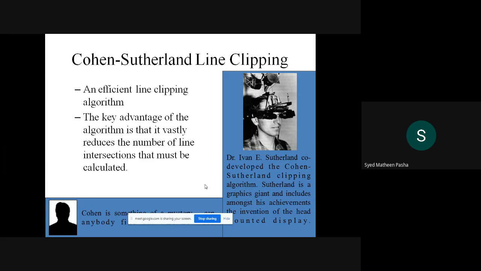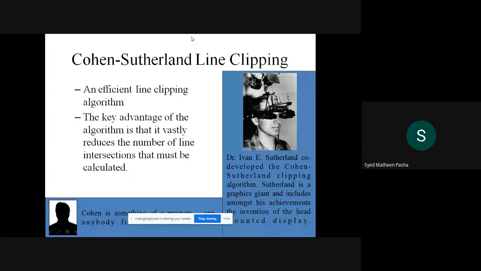Then what is the basic logic of the Cohen-Sutherland line clipping algorithm? It basically divides the two-dimension region which you are defining in the space into nine parts, so that it can perform clipping on it. Once there is a division of that particular two-dimension space, the clipping will be easier. You will get to know which lines you need to eliminate and which lines you need to keep and display.